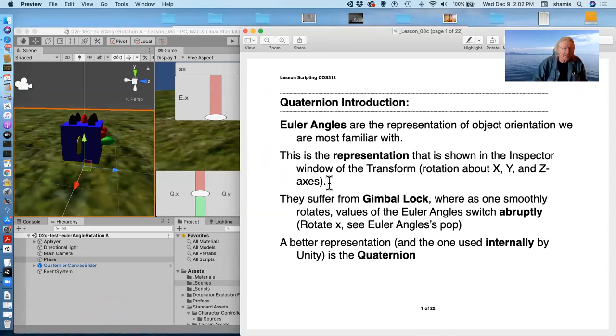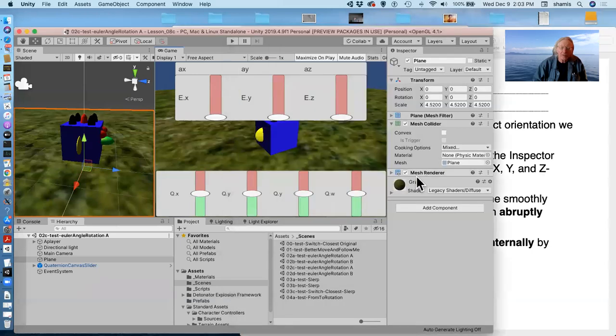And I'll show you this in this little example here. With the X, Y, and Z keys, I can change the rotation about X, rotation about Y, rotation about Z. And these angles increase constantly. So once they get to 360, they go to 361 and so forth. But then I'm looking up the value of the Euler angles and displaying it in these three sliders here. And so if I play this,